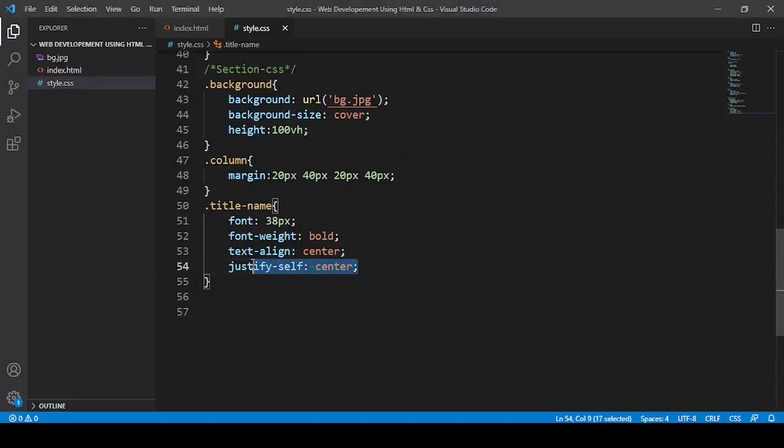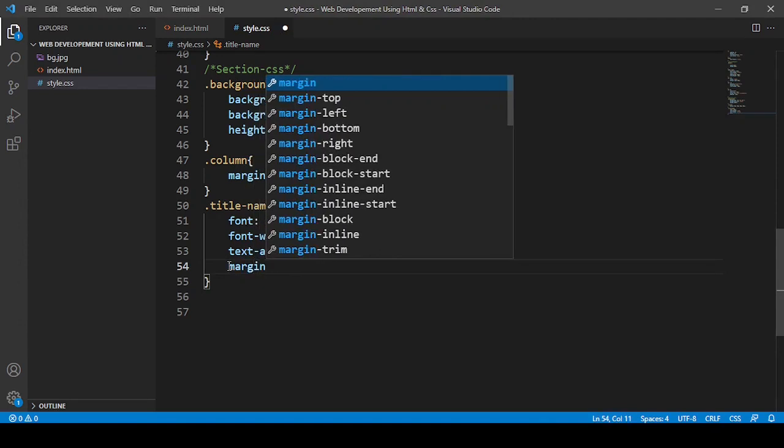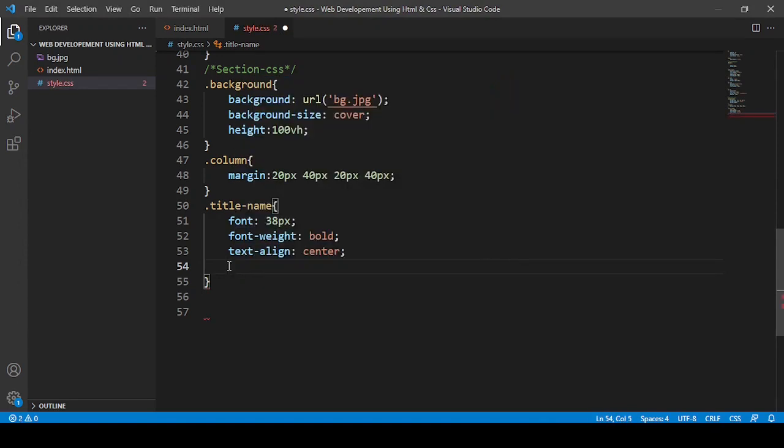Okay, so I'm going to just remove justify, and instead of that I can do something else.